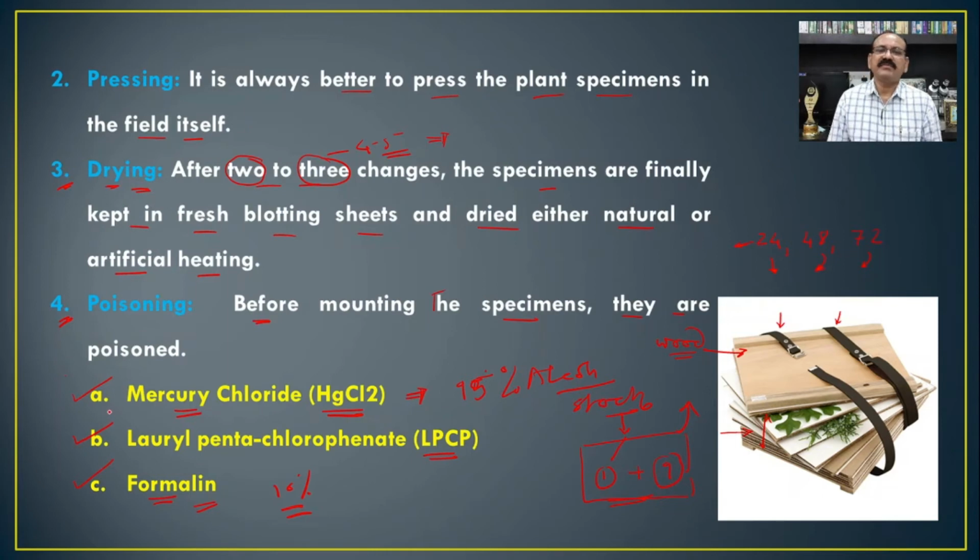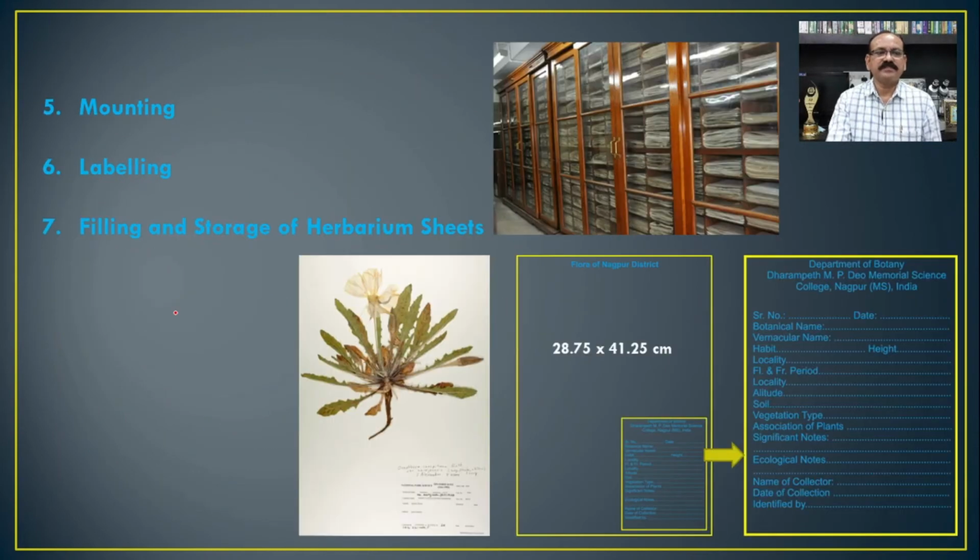Even the individual plants before the pressing can be immersed in the 10% formalin, and then it can be pressed in the plant press. So there are various methods of utilization of the formalin as a poisoning agent in the formation of the herbarium specimens. Then after the formation of the herbarium specimens or the dried specimens, after poisoning, we have to mount it on